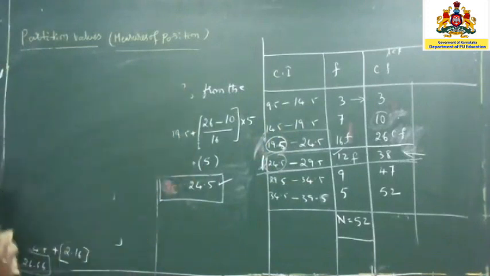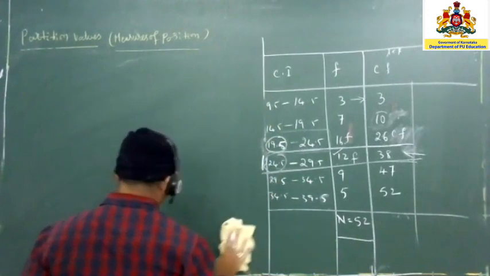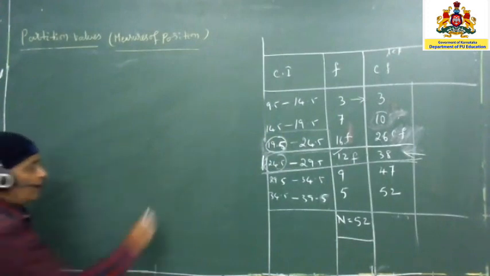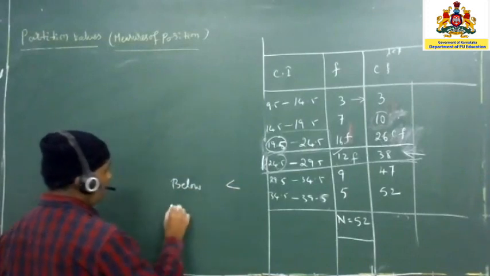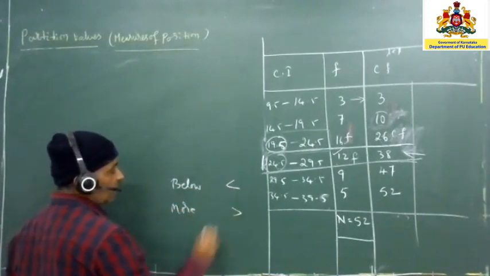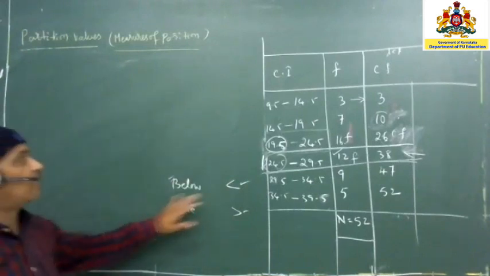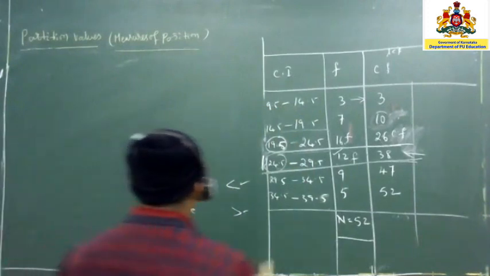The first one I am going to take as the first type of example, and the second one is where greater than and less than are given. Greater than is nothing but more than in English, and less than is nothing but below. So below means less than, and more than means greater than. Either they will give these words or they will give the symbols. So this type of data is given under the class interval. How to do this one? That is the task right now. Now I am going to focus on this part.